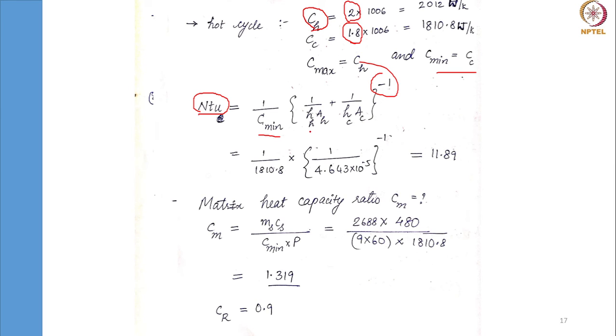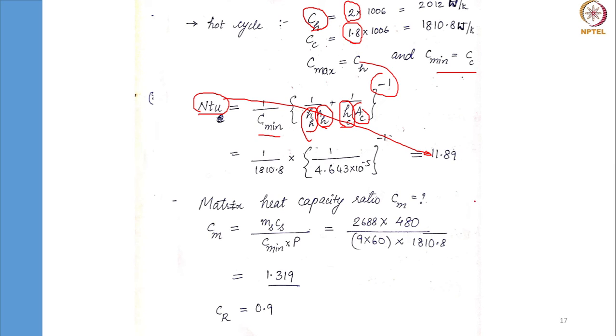So we are going to plug in the values of HH and HC, which are given in the question, multiplied with AH and AC, both equal to 108 meter square. So we end up having an NTU of